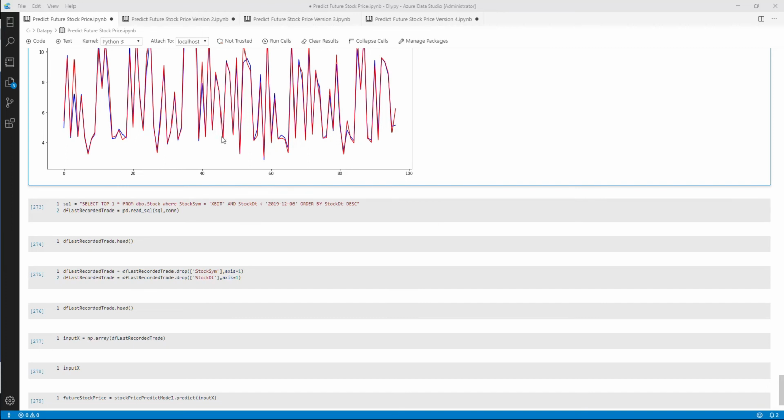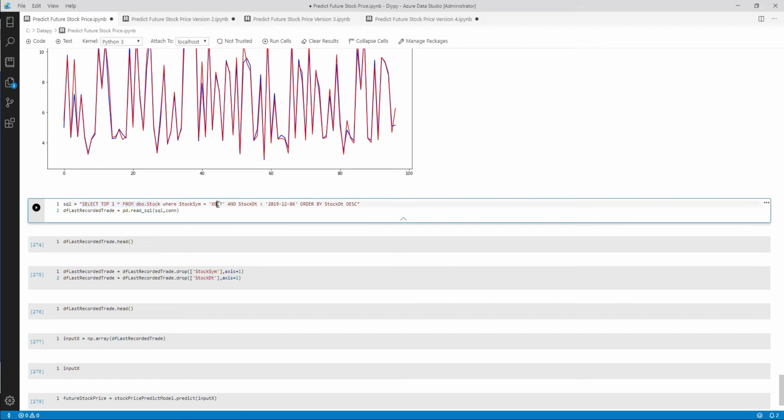I'm happy with this model, let's say at the 95% prediction accuracy. So now I'm going to apply this in a real world scenario where I was trying to select top one from the same table again for the same stock symbol, and again the date is 06, but this time I'm trying to order the data by stock date in the descending order. So what exactly I was trying to get here is,